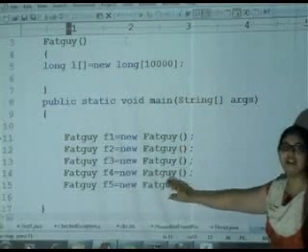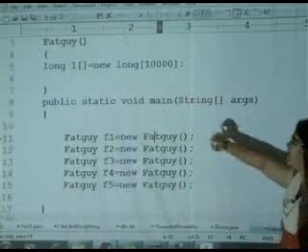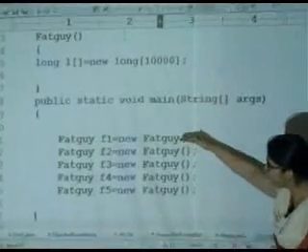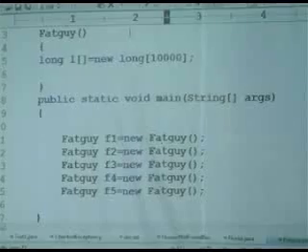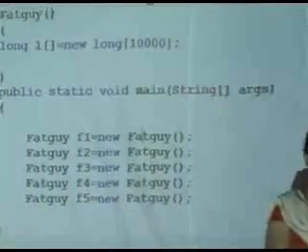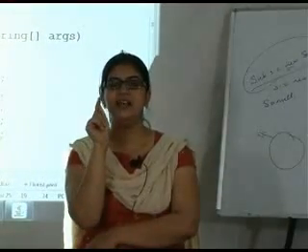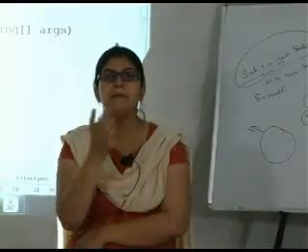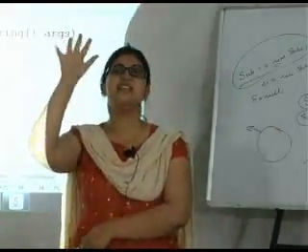Space is going to get occupied on the heap. After the main, just listen very carefully. After I finish executing line number 1, 2, 3, 4, 5, what will happen? I will come out of main. After I am coming out of the main method, what would happen to f1, f2, f3, f4, f5? They will nullify, or those variables will die. Now, please think that only the variables are dying. What happens to these objects in the heap? They are still placed in the heap.